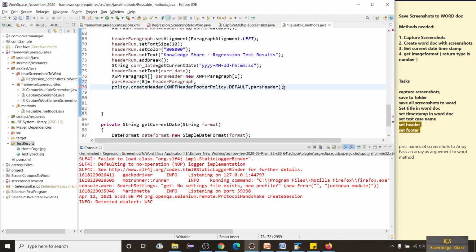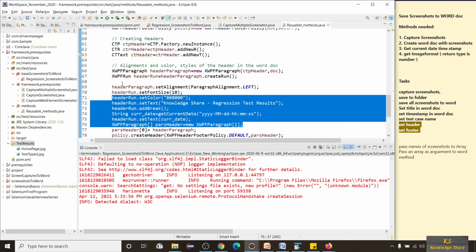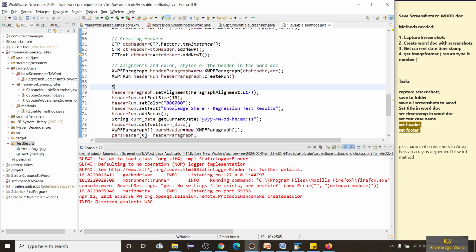Then it will parse all the paragraphs that we have written here, and it will write there. Now setting the header is done. So let's write here setting header objects, creating header objects.